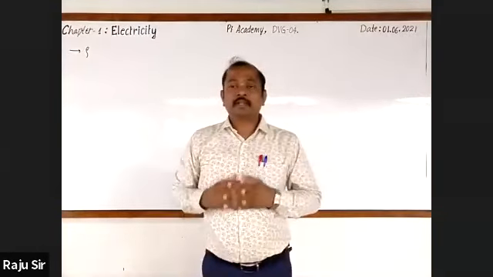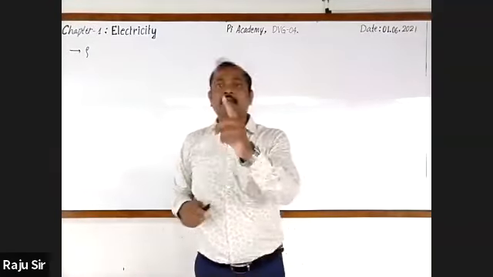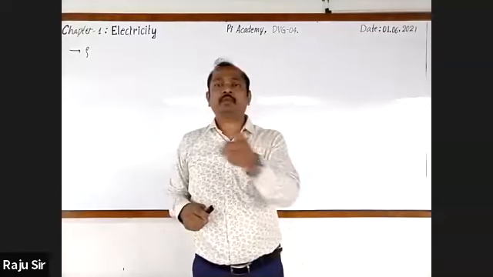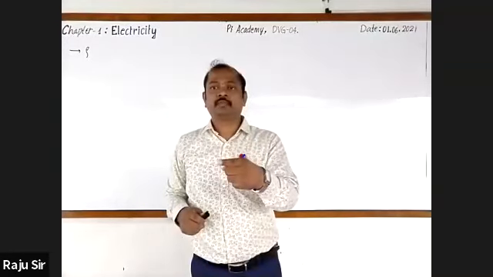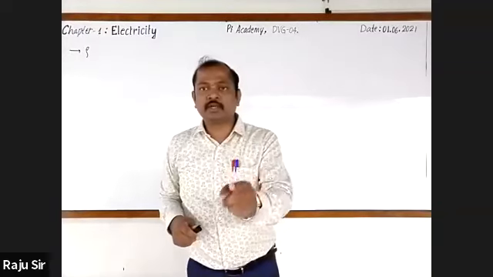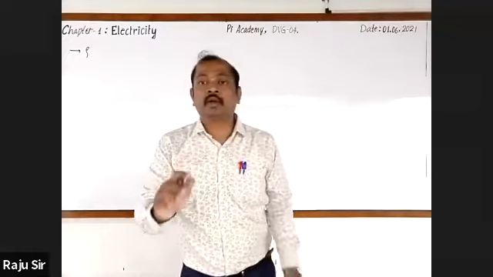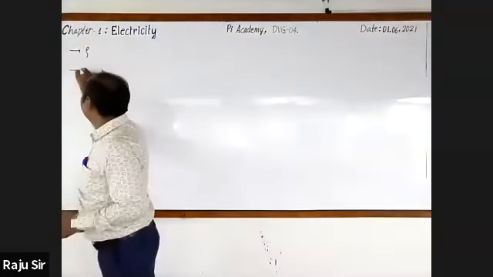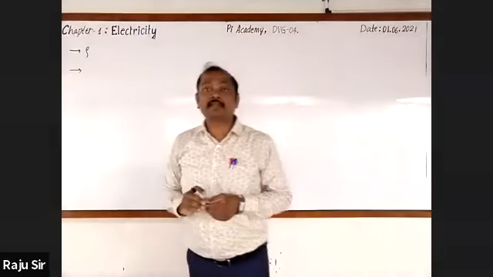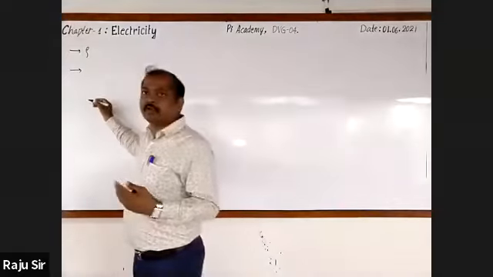Resistivity can be defined as the resistance of a conductor of unit length and unit area of cross section. The resistance of a conductor of unit length and unit area of cross section is called resistivity. And we even derived the formula to find out resistivity as well. Let's recall that briefly.